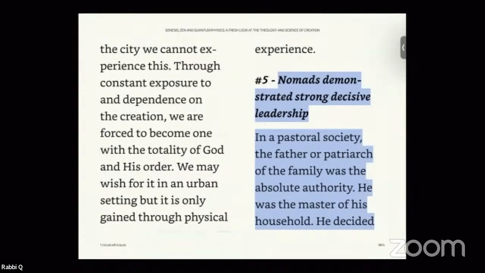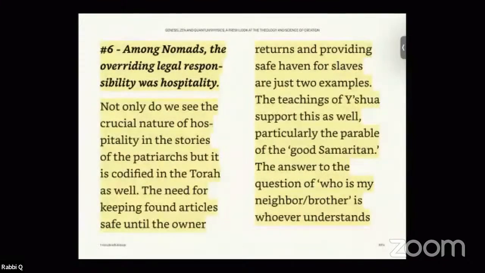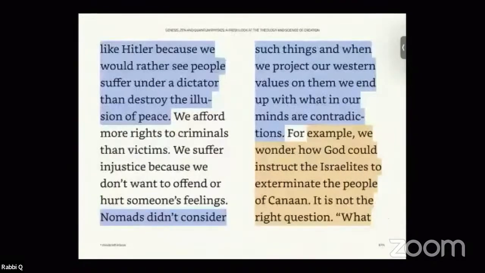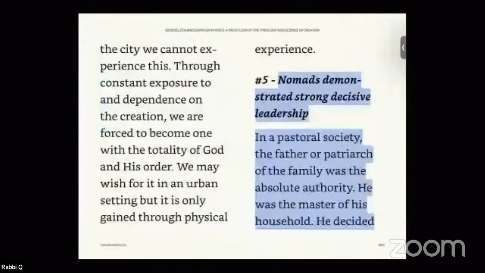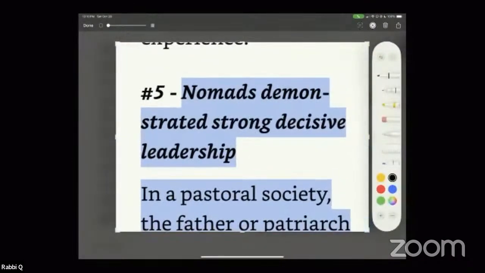strong, decisive leadership. And we're going to get more into that today, but I want to just give you the last one really quick, which is among nomads, the overriding legal responsibility was hospitality, even for enemies. Okay? Even for enemies. But the one that we are touching upon today is that nomads demonstrated strong, decisive leadership. That is what we are going to look at today. Okay, so